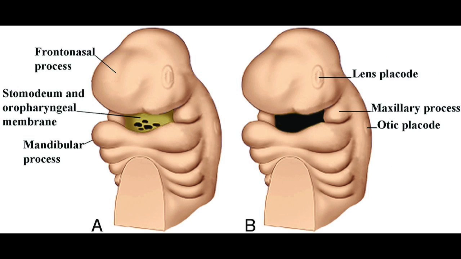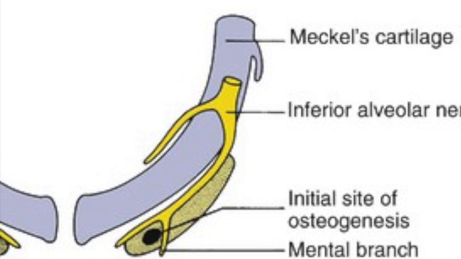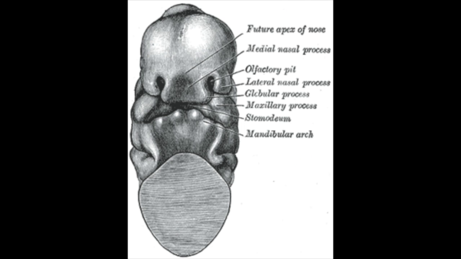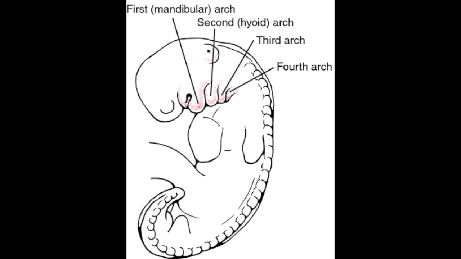Major face development occurs, such as the creation of the primitive mouth, which turns into the stomodeum, the mandibular arch, the maxillary process, the frontonasal process, and the nose. The oropharyngeal membrane disintegrates. Meckel's cartilage forms within each side of the mandibular arch. Two lens placodes, two otic placodes, and two nasal placodes, which turn into the nasal pits, are formed. Development of the neck occurs, beginning with the formation of branchial arches.